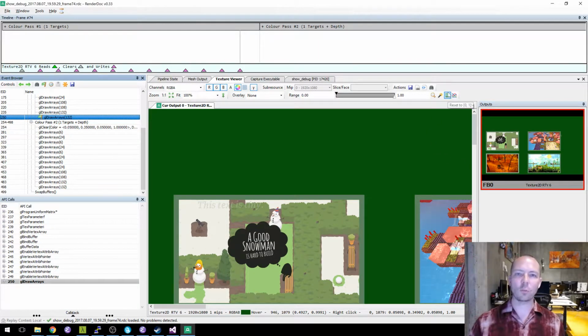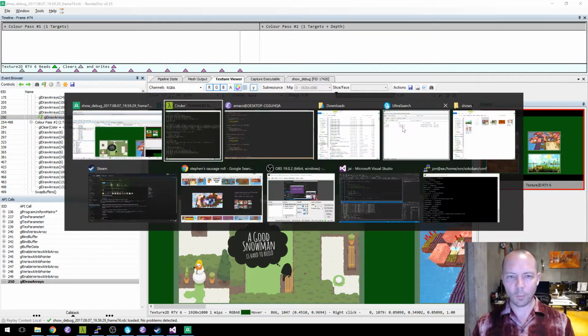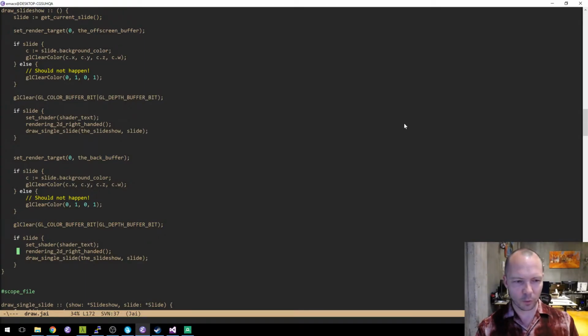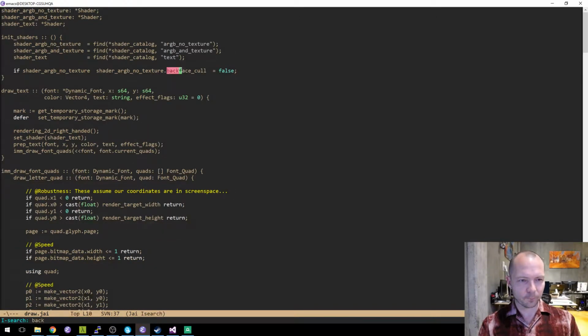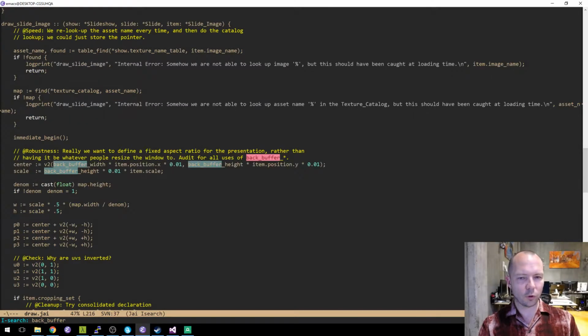Oh, right. And the reason, remember when I said audit on the back buffer width? The reason is we don't want to use the back buffer width. We need to search for back buffer width and height pretty much everywhere and replace that by render target width and height.